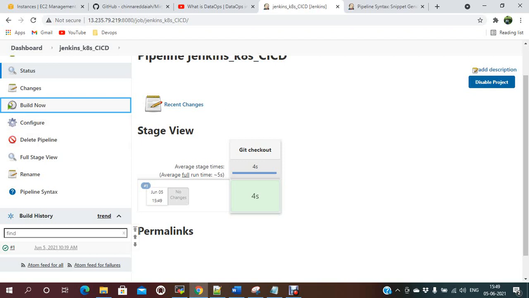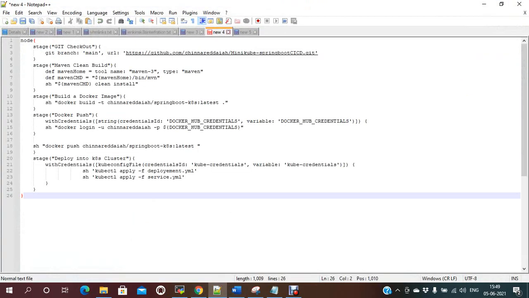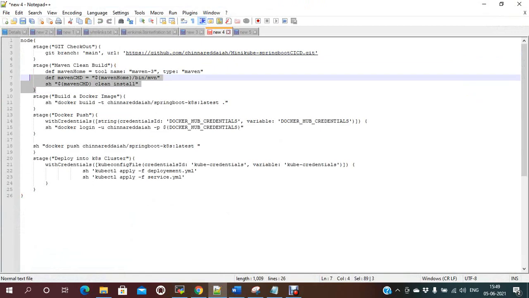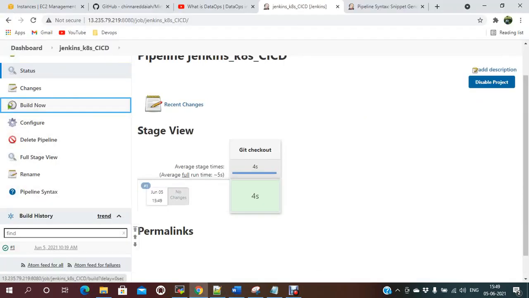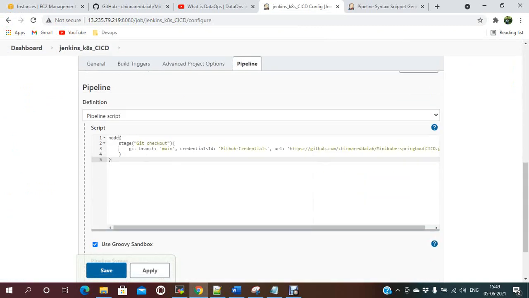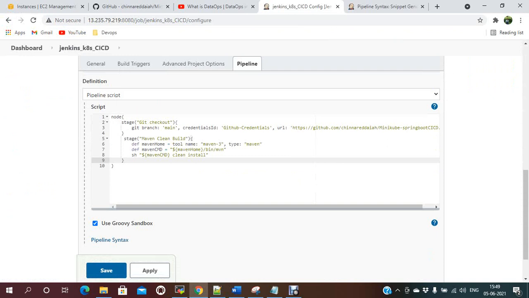Now we need to build the code. For that I need Maven, and Maven is already installed. So this is the stage. Let me go to configure. The second stage is Maven clean build.